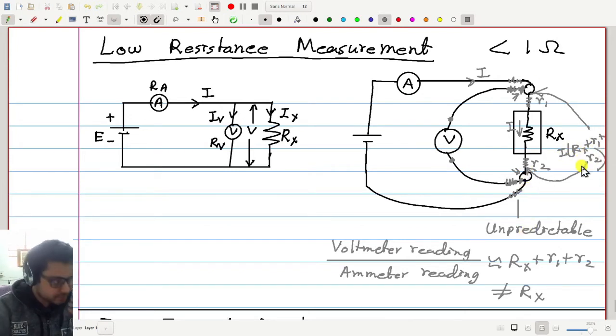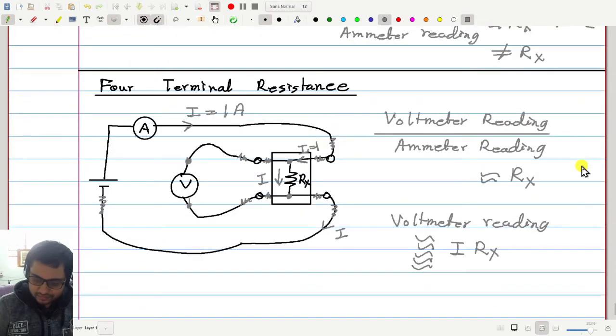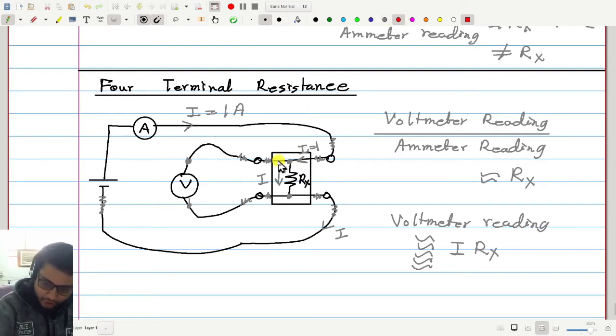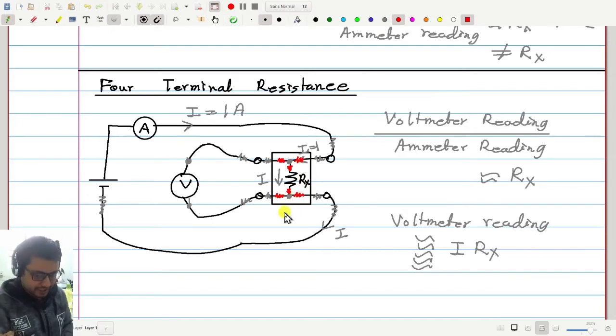Here we have R. Sir, means the main difference is that in the 4-terminal resistance there was no internal resistance at the junctions of the terminal. That's why we could measure directly the total voltage drop across Rx, right? Means there is no resistance in the junction inside the box. This junction you mean? Yes, sir. If there had been resistance, then we couldn't have measured the correct voltage, right? Here also there are resistances. So this may also contribute, actually has small resistances like this. Any junction, why will it not have any resistance?